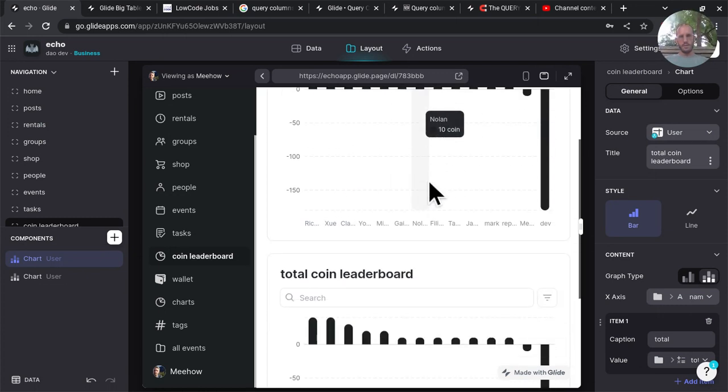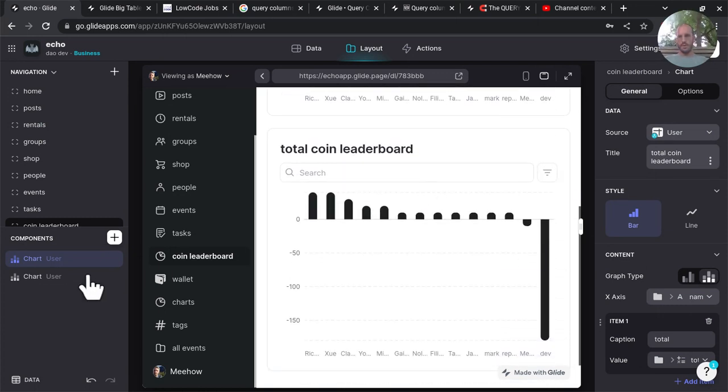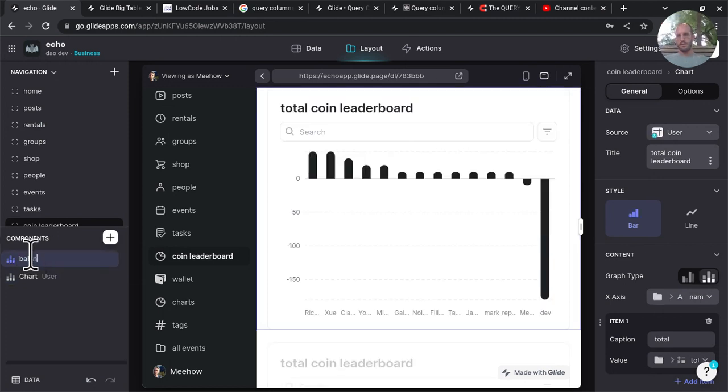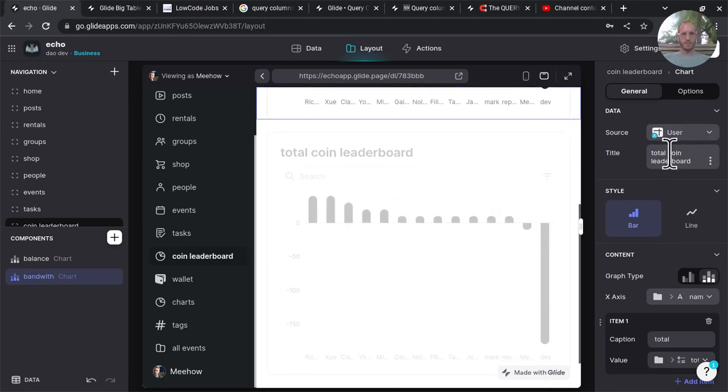So that's the total coin leaderboard. Below here we want total coin. So maybe up here it could be like the balance. And then down here would be the bandwidth. I like knowing that it's not quite the right name, but you just get somewhat closer, and then you can update it later. So total coin leaderboard, we'll say